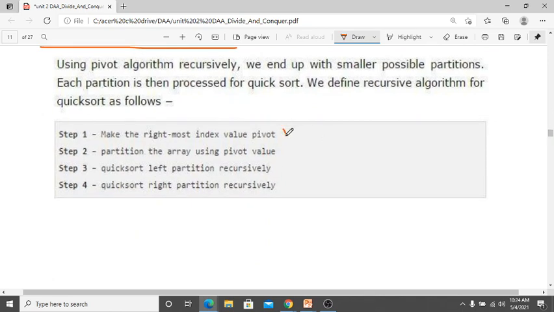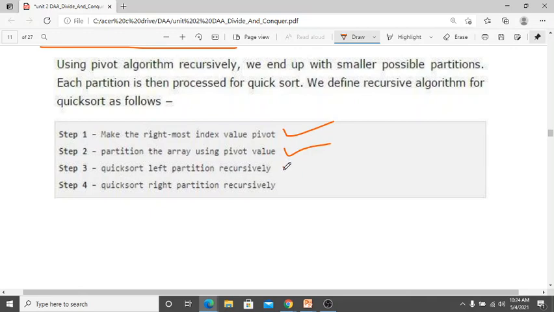Step 1: make the rightmost index value the pivot. Whatever the rightmost element is, you can make it the pivot. Step 2: partition the array using the pivot value. Using the pivot value, make a partition.